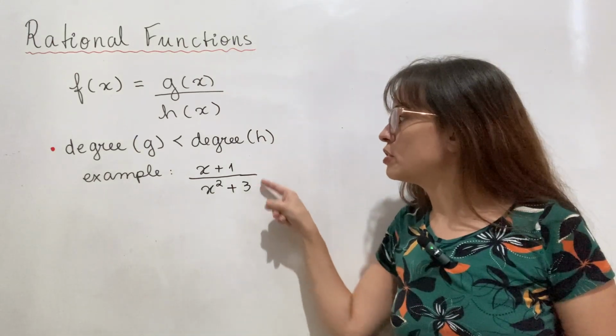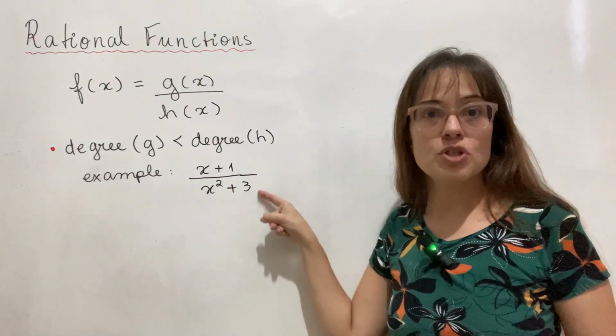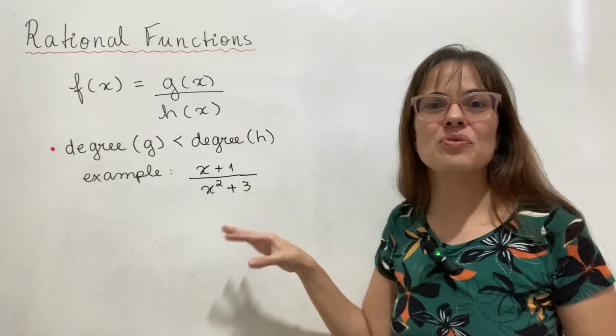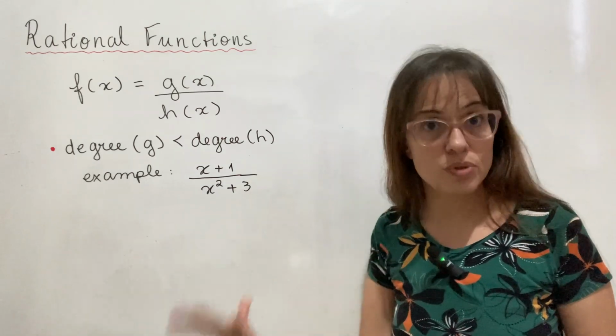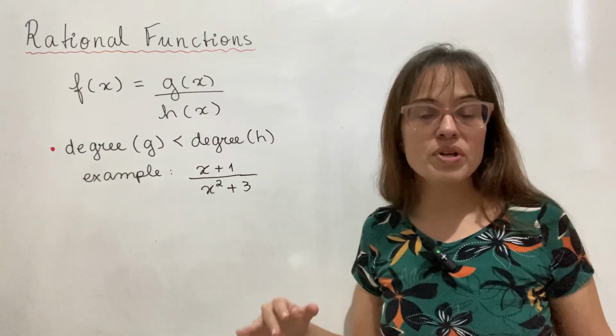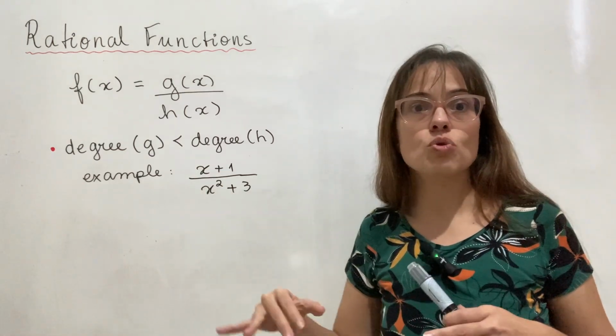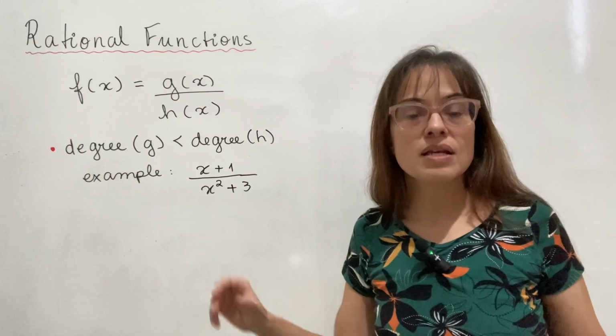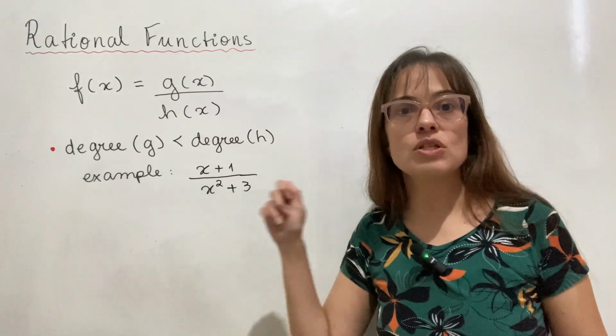So both numbers are getting big, but this one's getting bigger, so the fraction is going to 0. In this type of situation, you always get the horizontal asymptote on both sides, and that horizontal asymptote is y